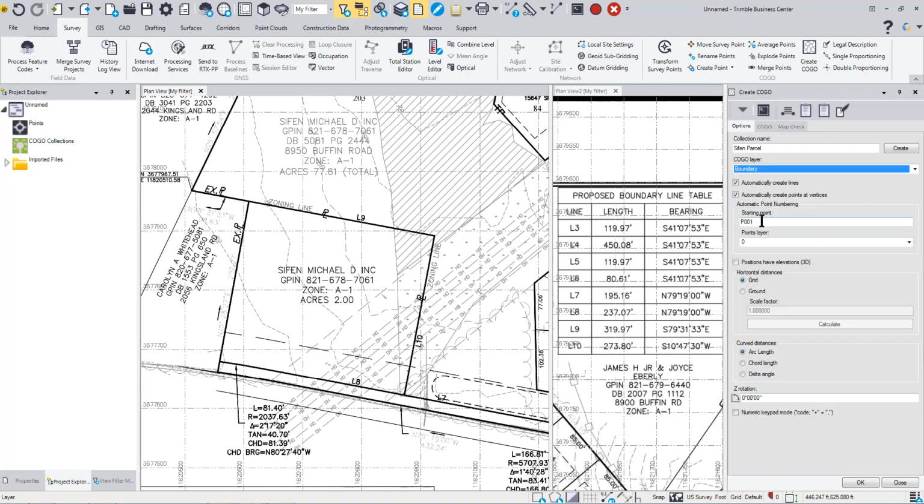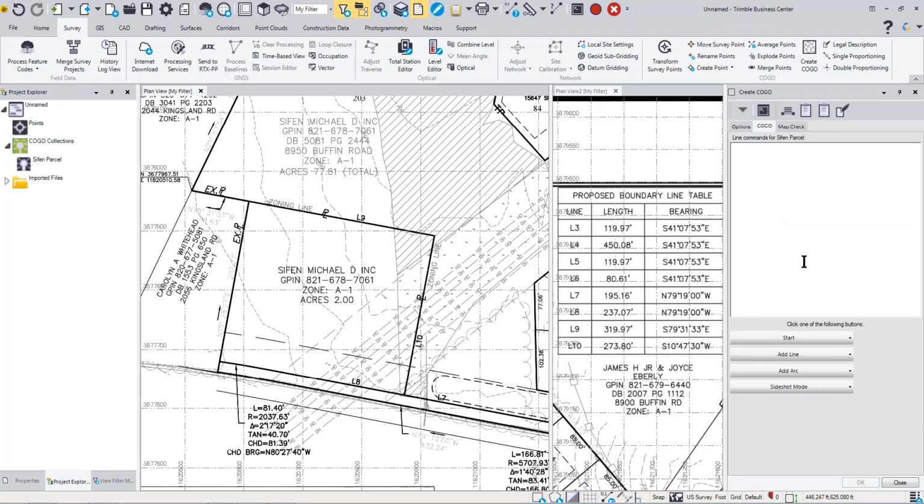You can pick a starting point to have points created at the vertices as well, and we can set those on a layer. And then you can tell it whether you want to have 3D elevations or not. In this case, we won't. You can set your curve distance option as well as a Z rotation. So once you set that up and you click OK, you have a text editor where you can enter in